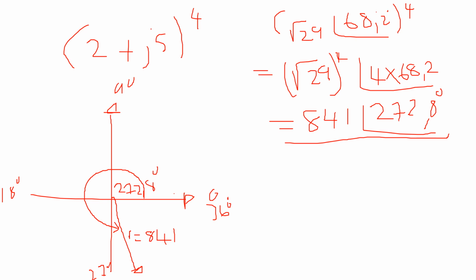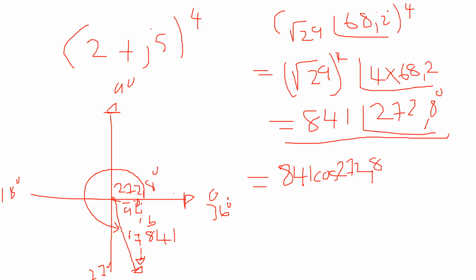Okay, so after we have drawn our resultant and the angle, we can now find the components of the resultant, which are the imaginary part and the real part. Remember this here is a right angle triangle, and then we have the angle. The imaginary part is going to be B, and the real part is going to be A. To write it as a rectangular form, our A, which is the real part, will always be cos. So it's going to be the value of the resultant, 841, cos of the angle,